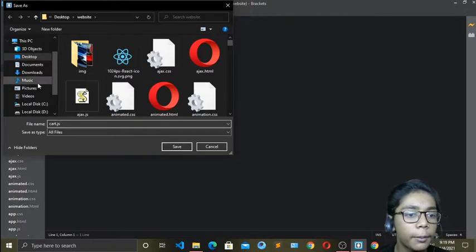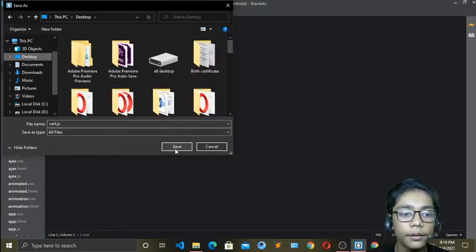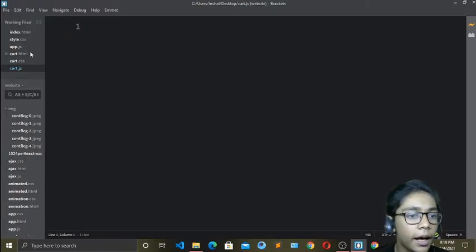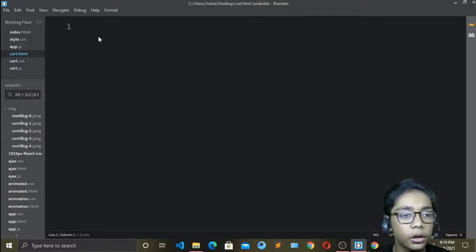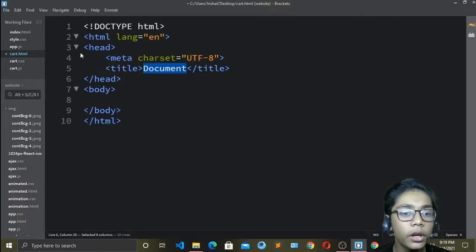Okay, because I have to also make my JavaScript file over here, and I will just save it on desktop and press yes. And now over here you can see I've just made three different files: cart.html, cart.css, and cart.js. Okay, so over here I will first of all create my first tag of HTML like you all know. First of all I will write this exclamation mark, and now I will just press tab. Okay, so here you can see I've got all the starting code of HTML which I want.